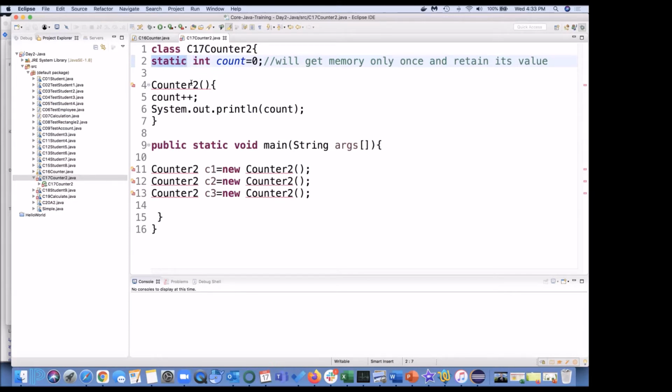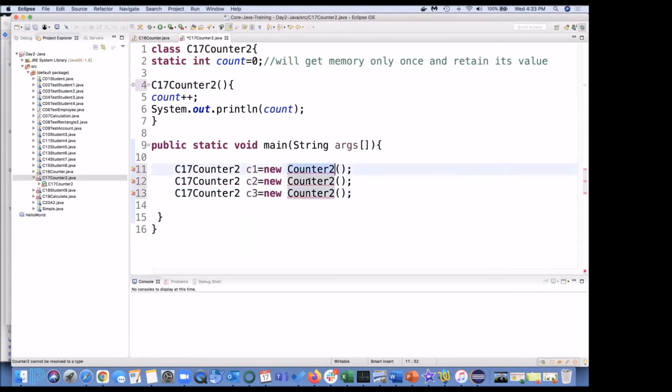Now this time, what will be the output? Can you comment on the chat box? The difference between the previous program and this program is just this keyword static. So who is ready with the answer? No reply so far. 000.